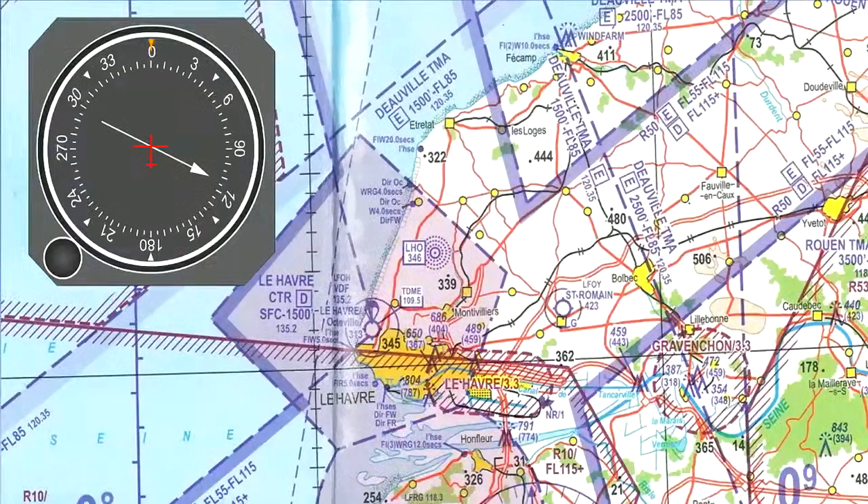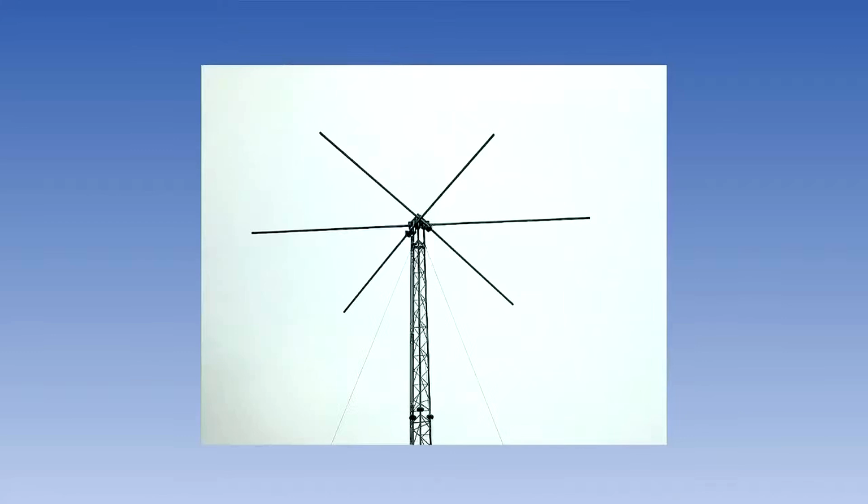An aircraft with the corresponding piece of equipment, called the ADF, the automatic direction finder, works on the principle of the loop antenna and is able to detect the energy from the beacon and interpret where the beacon is. The needle on the ADF then points to the beacon. NDBs are still widely used for long-distance and local navigation.